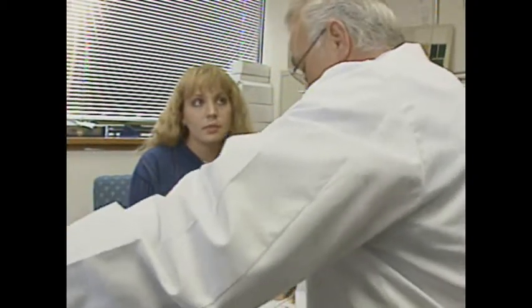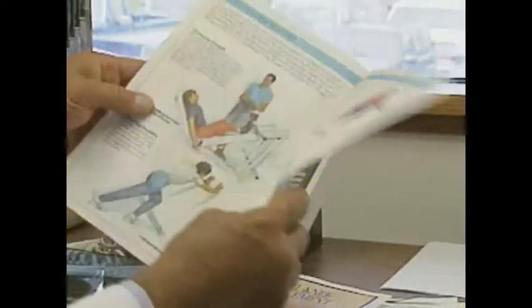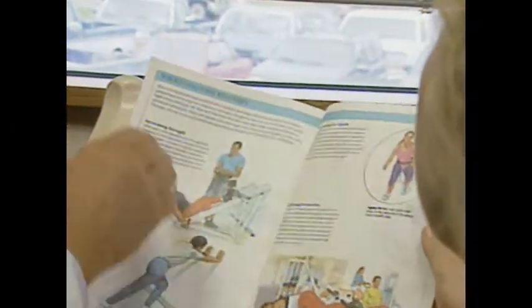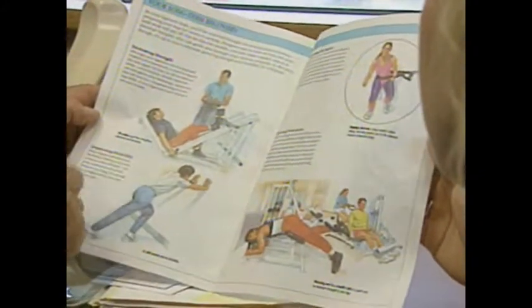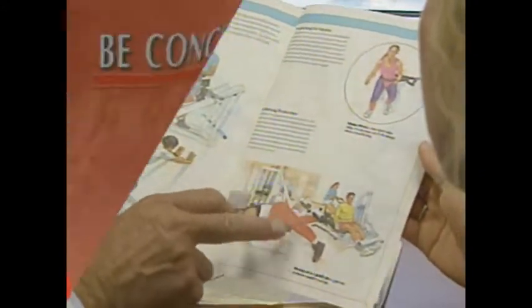It should be noted that some mild popping and grinding behind the kneecap with activities may not be a cause for alarm. This often does not correlate with either kneecap pain or significant problems down the road. One should be concerned